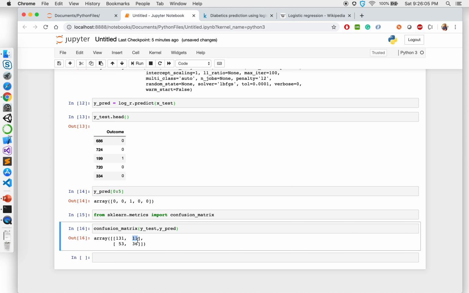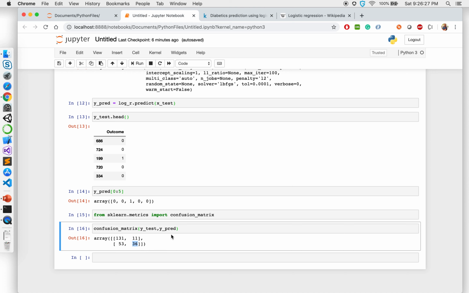So that is a wrong prediction. 53, again, this is expected 0 but predicted 1. So 53 wrong predictions. So this diagonal here is the wrong prediction, whereas this diagonal here is the right prediction, which means 36 was observed as 0 in y test and predicted as 0. So these are the right calculations and these are the wrong calculations.